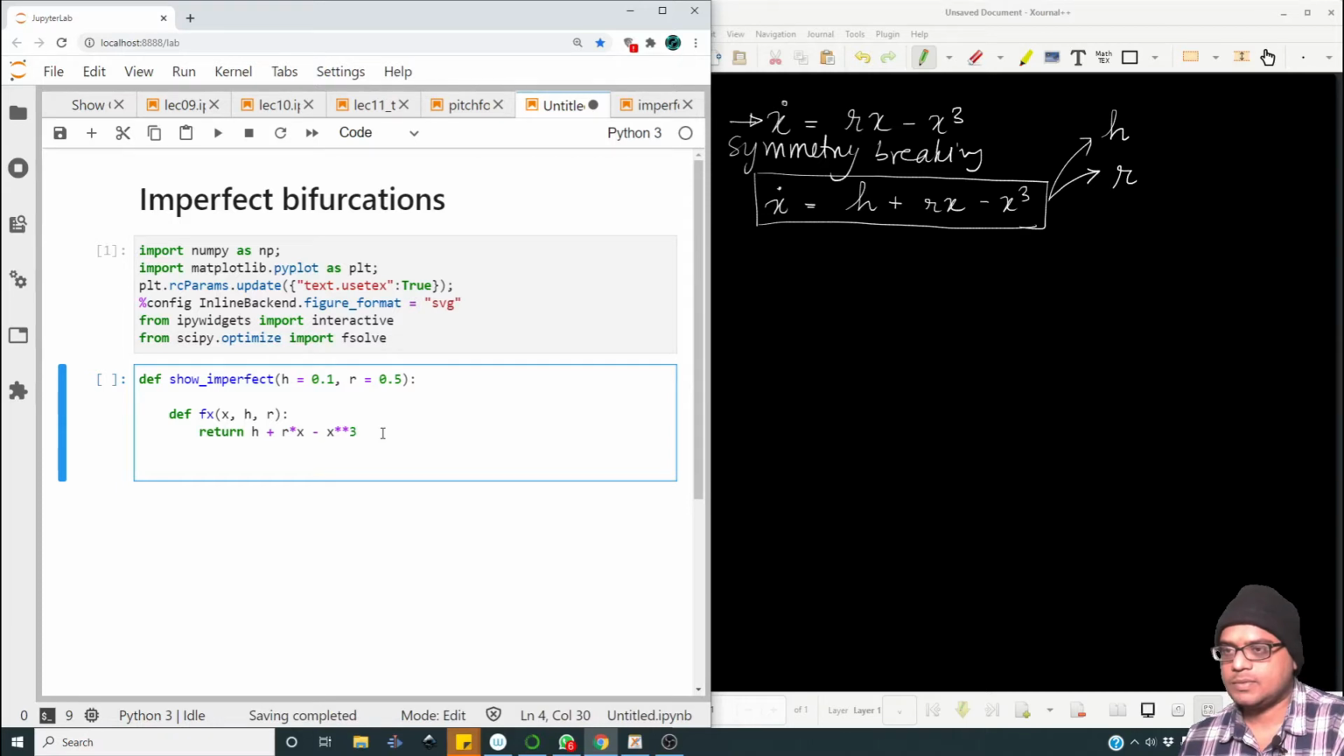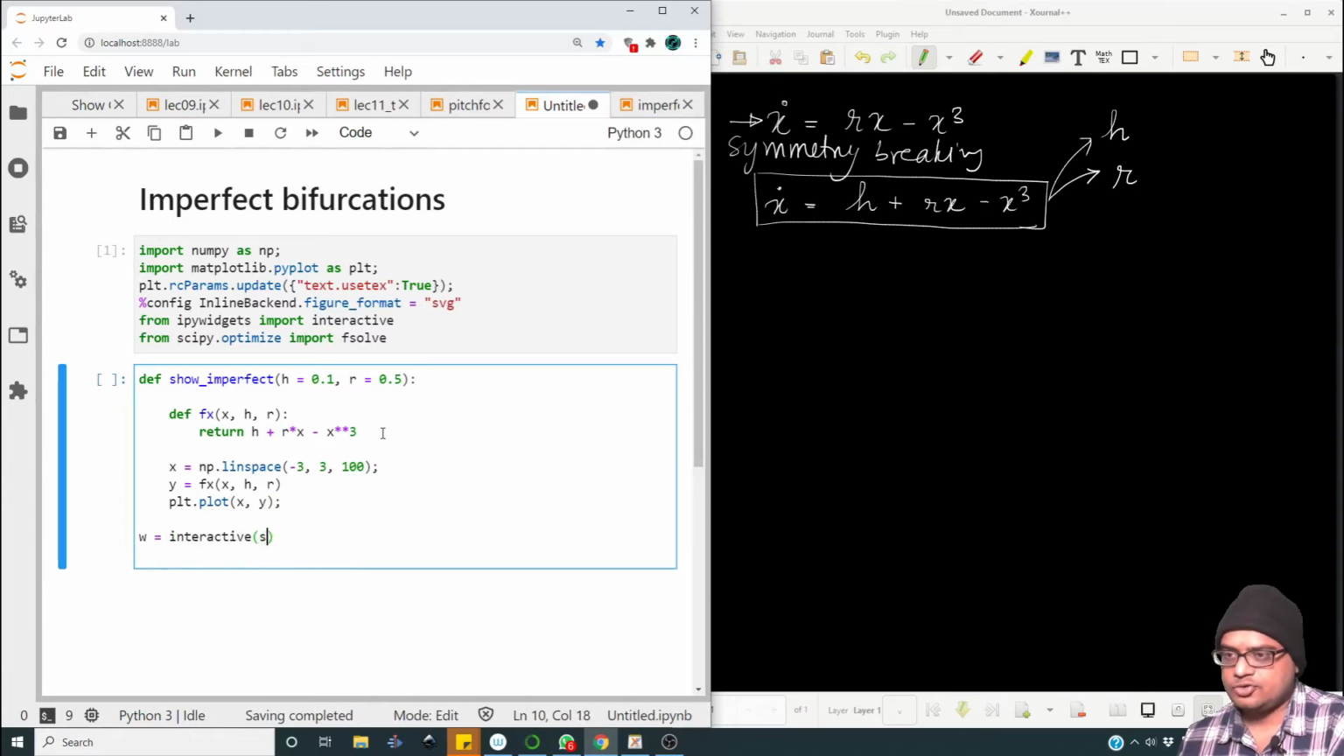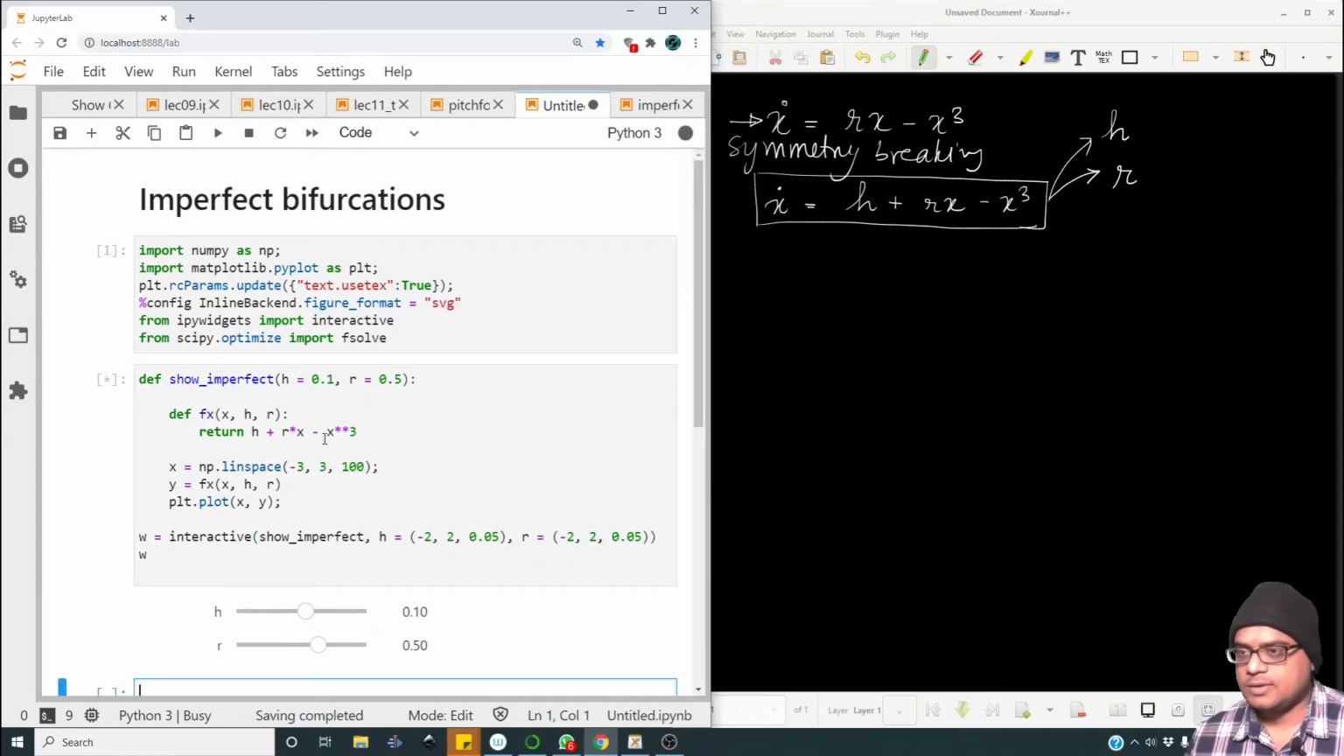Now x equal to np.linspace from minus 3 to 3, 100 points, y equal to fx of x, h, r, plt.plot x comma y. Let me define an interactive widget. So w equal to interactive, show imperfect, and we're going to pass h equal to minus 2 to 2 in steps of 0.05, and r equal to minus 2 to 2 in steps of 0.05. Let us display the widget. After running this,